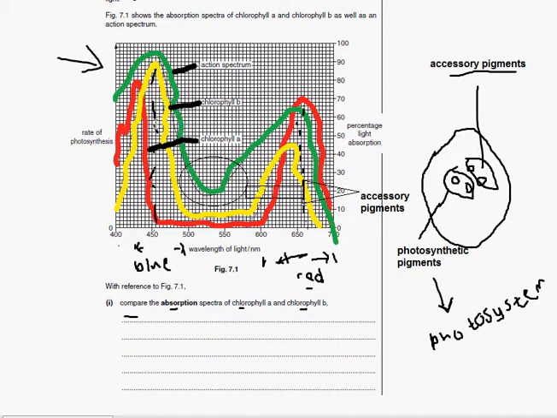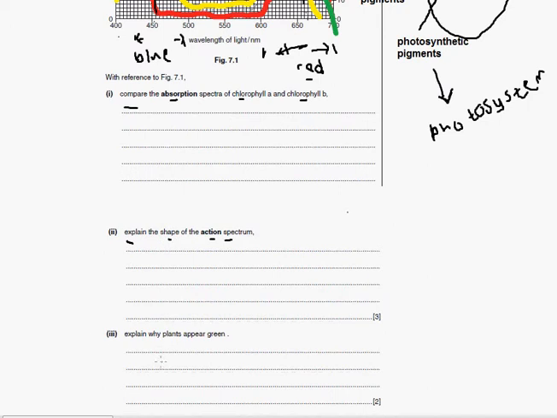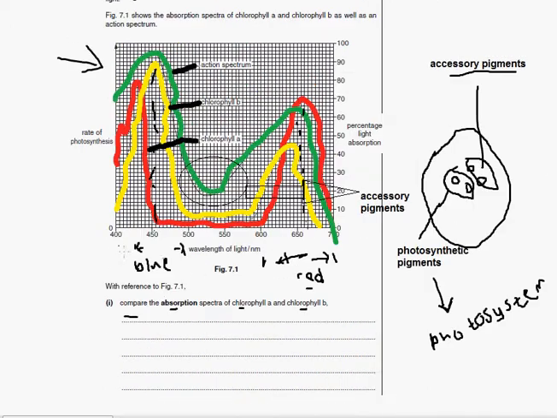But when we talk about chlorophyll A specifically, we'll be doing something else. So we don't have to mention all these points over there. So let's see what happens here. Explain the shape of the action spectrum. So the action spectrum has higher peaks, okay, in the blue and red region,